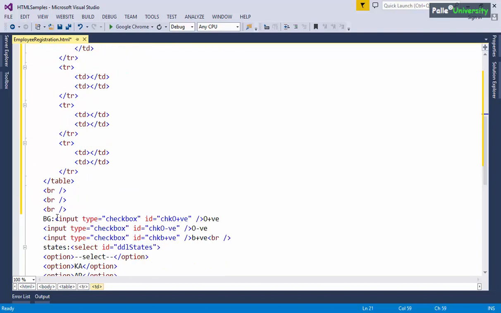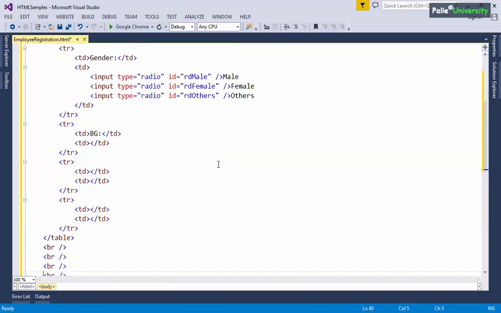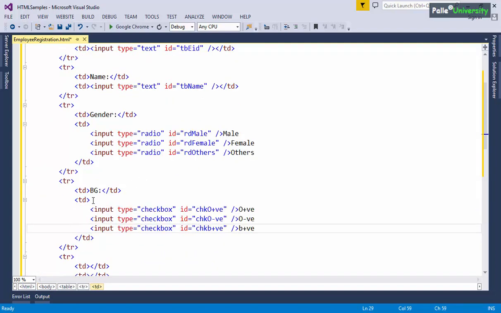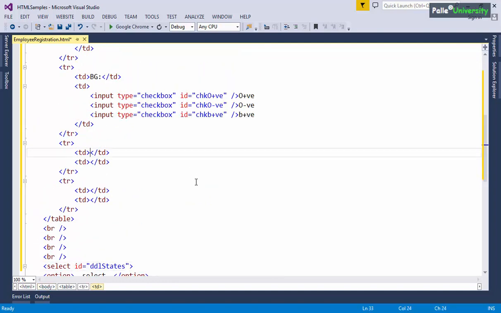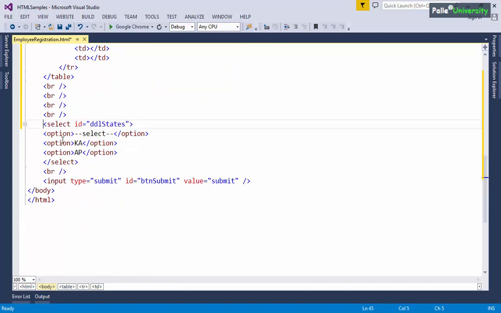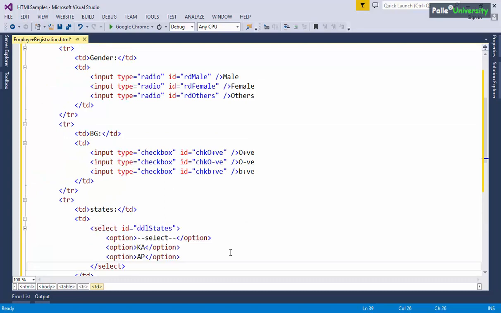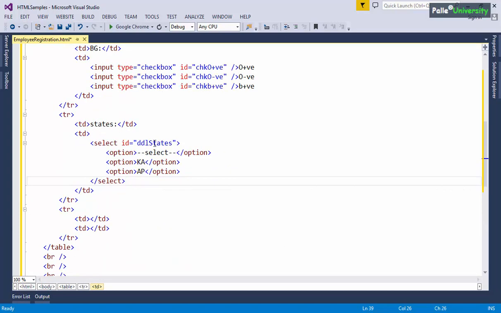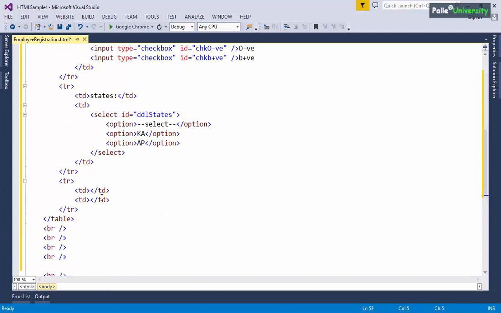After this, BG here, and all checkboxes in the next TD of the same row. Similar way, states in the 5th row's first TD, and this drop down list code in the next TD in the same TR. Next, last one, this button control. Where to place this button control code? In the last TR, second TD.